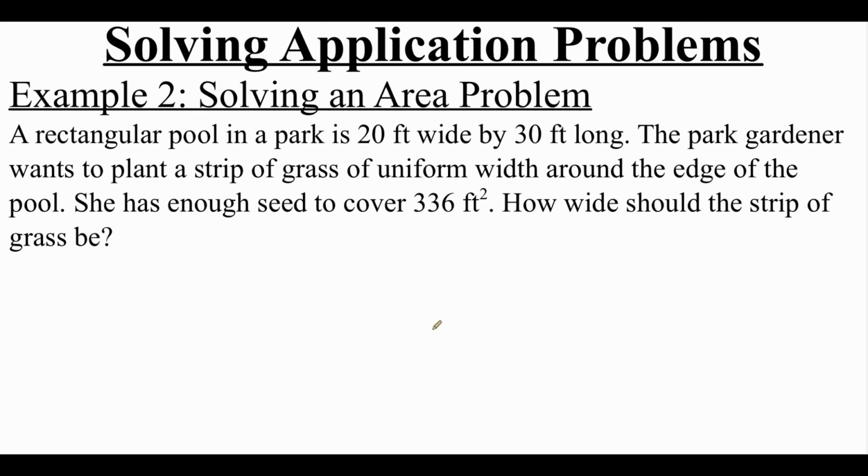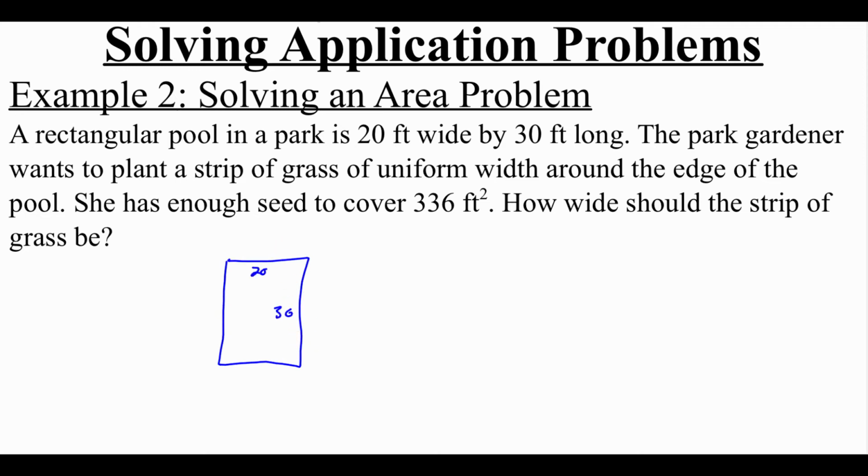So in this example, we've got a rectangular pool in a park that is 20 feet wide by 30 feet long. And the park gardener wants to plant a strip of grass of uniform width, so the same width around the edge of the pool. She's got enough seed to cover 336 square feet, and we want to figure out how wide that strip of grass should be. So we've got our rectangular pool in the park that is 20 feet wide by 30 feet